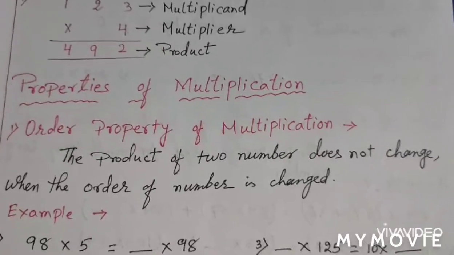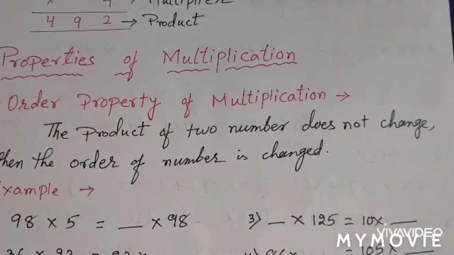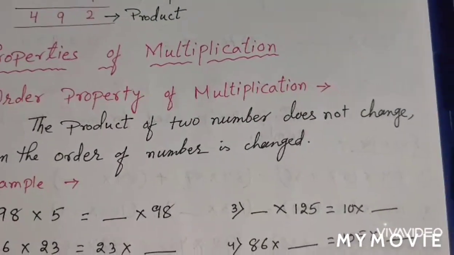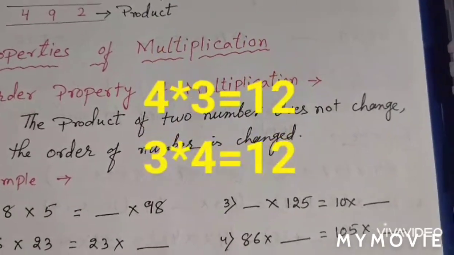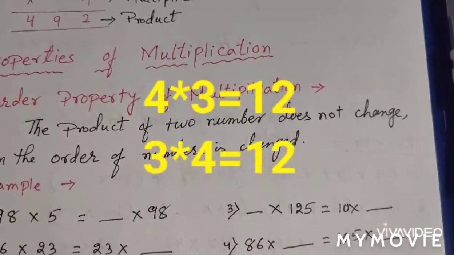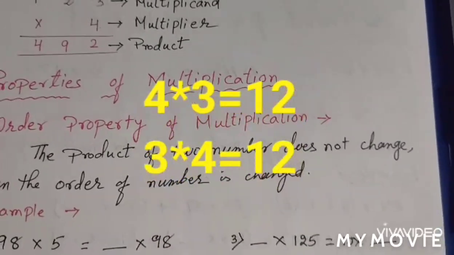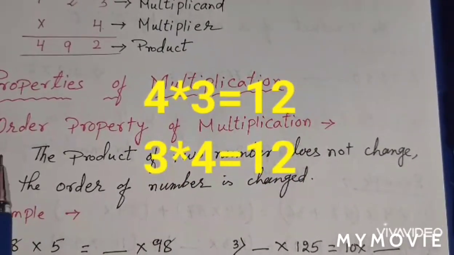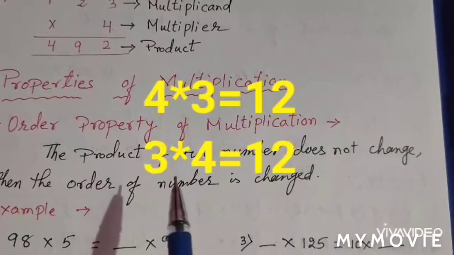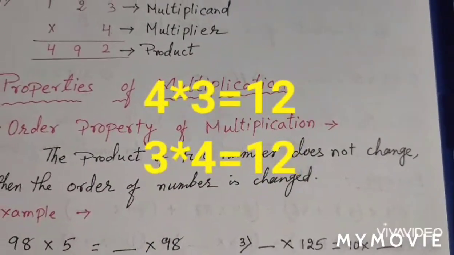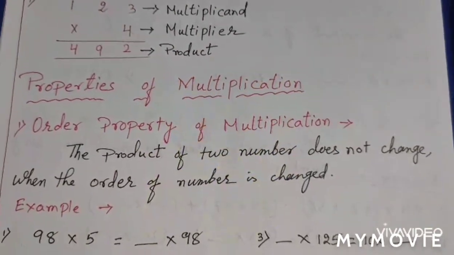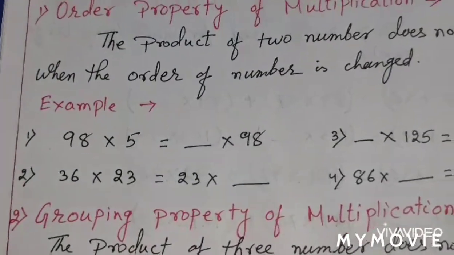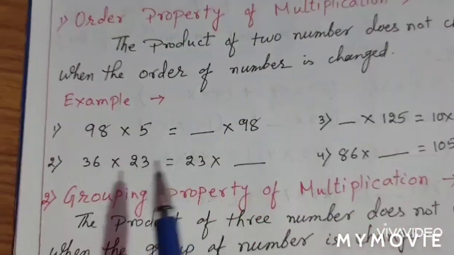If I say 4 into 3 and I say 3 into 4, same. 4 into 3 will give you 12 and 3 into 4 also gives you 12. That is the order property, you can say the order property of multiplication. Okay,